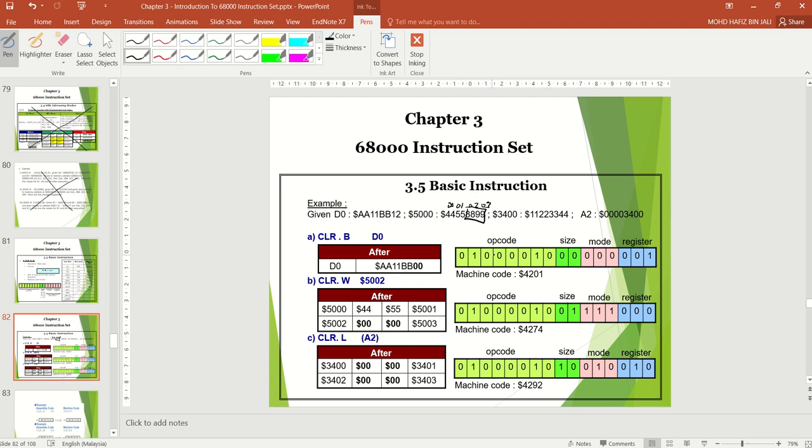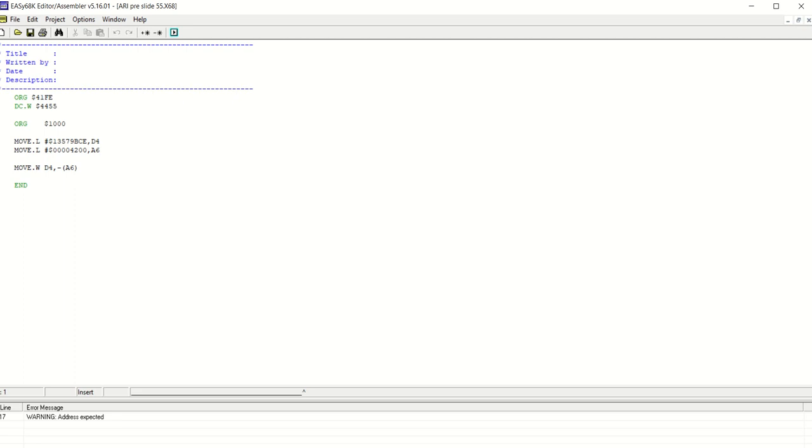Previously the value at 5002 is 8899, but with clear dot word, it is cleared to 0000. Okay, clear dot long, definitely all the value will be reset to 0.